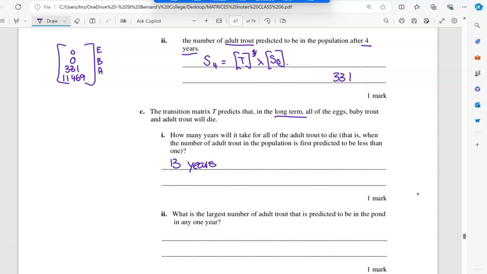What is the largest number of adult trout that is predicted to be in the pond in any 1 year. So you just need to go check the third number down, and because you've seen it go to